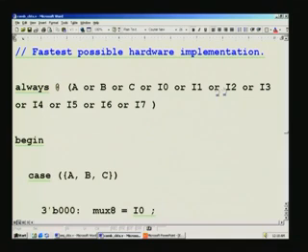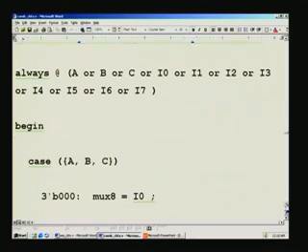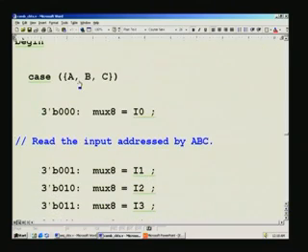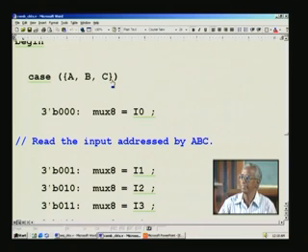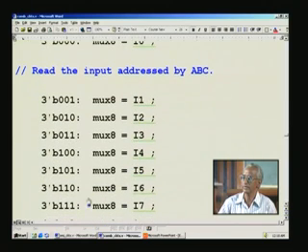And we list all the inputs, and whenever there is a change of input, only then will this case statement be processed. Case has a concatenation of 3 numbers, which we have already seen earlier, and if ABC is 0 0 0 respectively, then I0 is selected and output to the mux 8 signal, otherwise other signals are output. This we have also seen in depth. So, the last one, say 111, corresponds to I7,